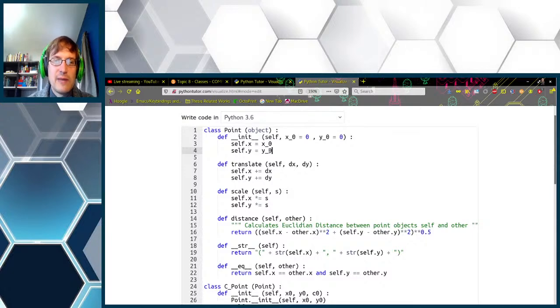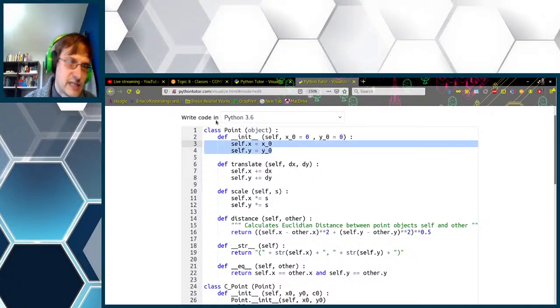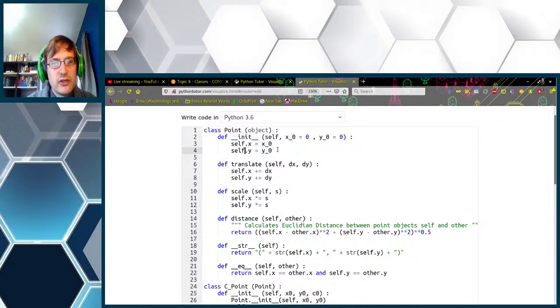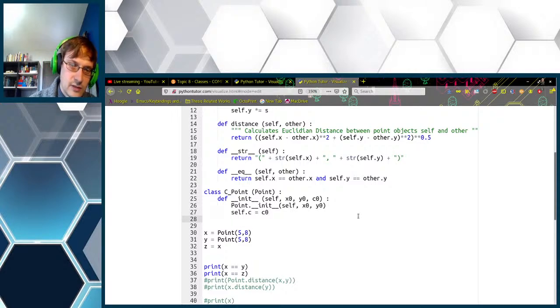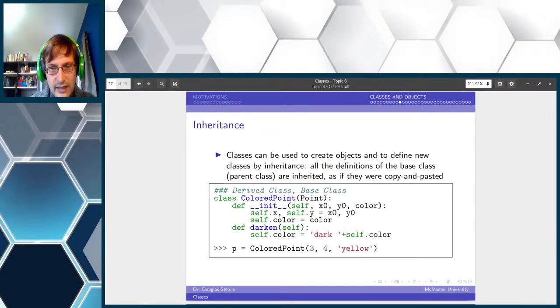But if you imagined this were more complicated, the more complicated this gets, the more impetus there might be to use this method as defined rather than reproduce its functionality within another class. So there you go. And what was the other method that we had?